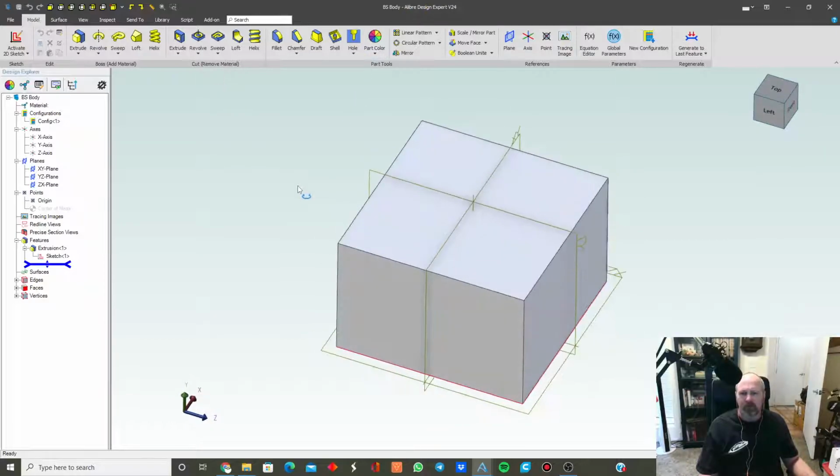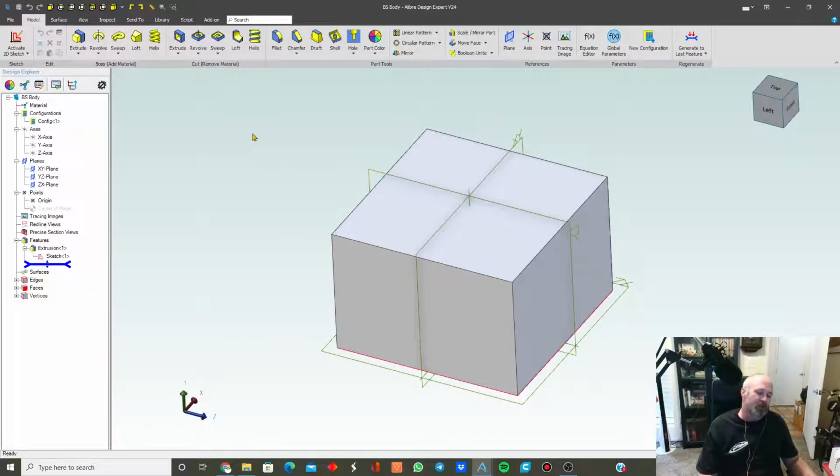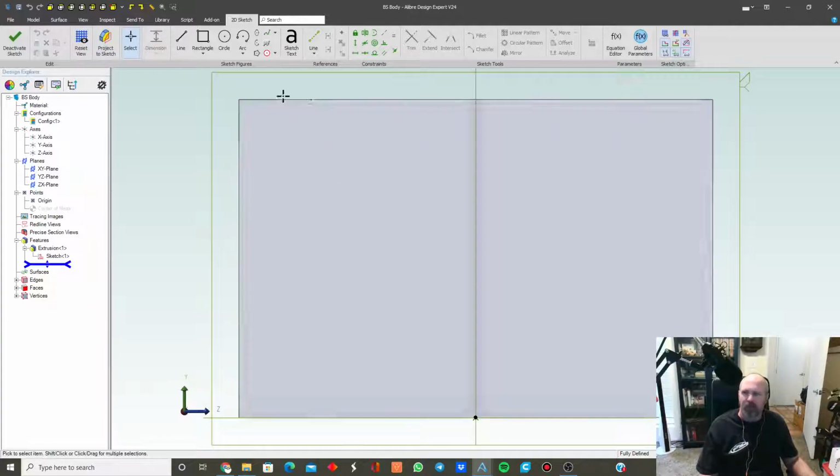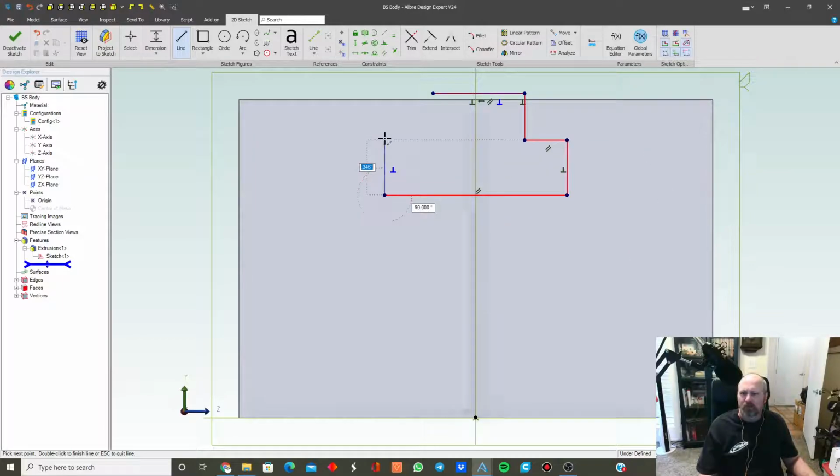So now we've got an actual part. Now we can start cutting away the parts that we don't like, or we can add more of them if we want. So select another plane, activate it, okay, and then you can hit reset view, and it'll snap you right to that. So now we want to start drawing on kind of what we want. We're going to cut ways into this,